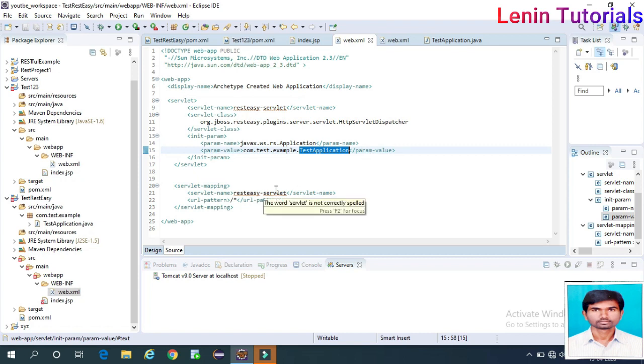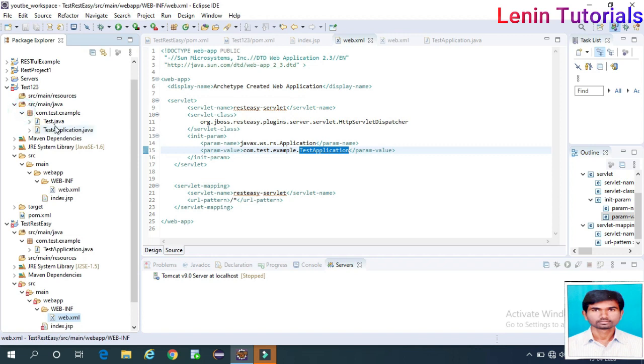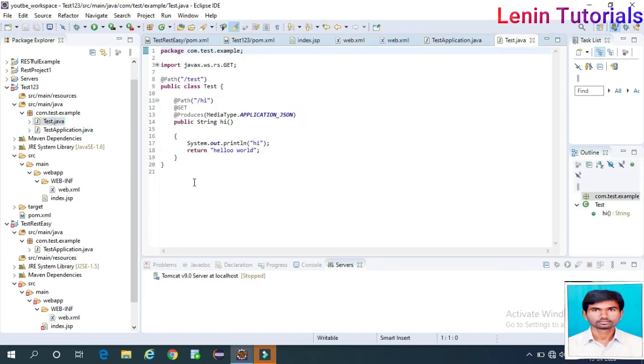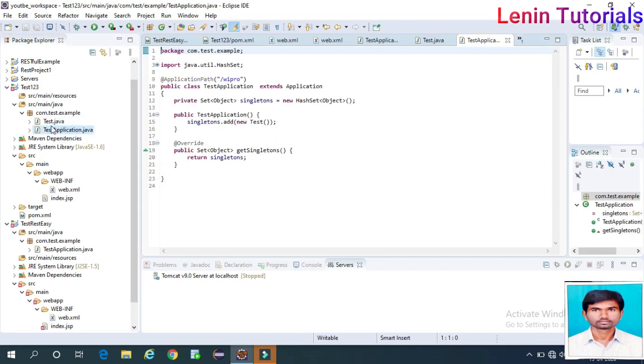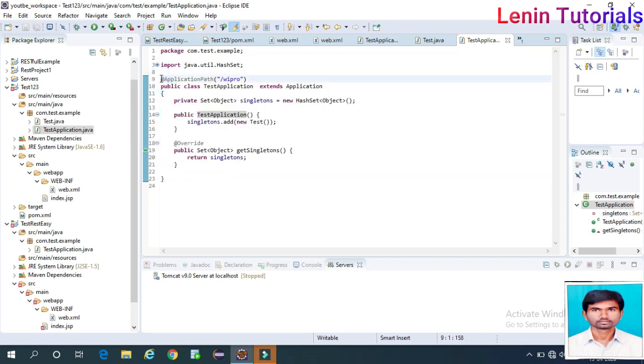Now we need to create one resource actually. See how to create. I had done this one earlier also. So what I am doing, this is test application actually. Now in test application what should be there, we need to create like this one test application, that is constructor for this one. This application path is not required here as of now. Okay, it's not required, let it be.